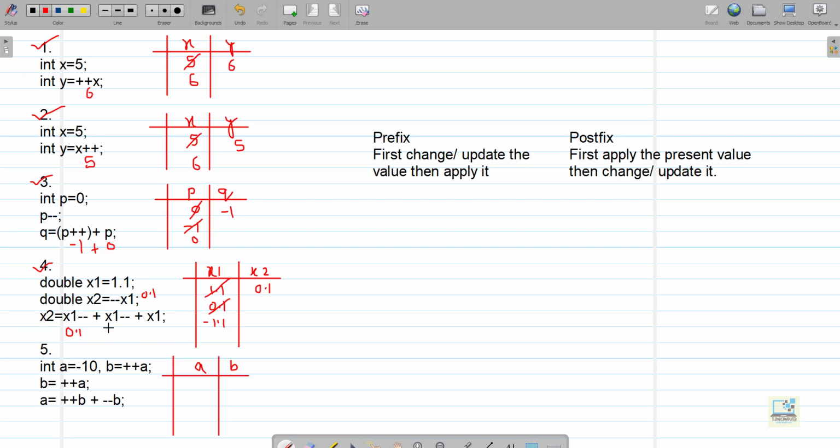The next term is x1--, again postfix, apply the present value which is right now -0.9, then change it to -1.9, and the last term is normal term, so apply the present value which is -1.9. After solving this you get -3.1. Okay, after doing the total you get -3.1, which will be stored in the variable x2.